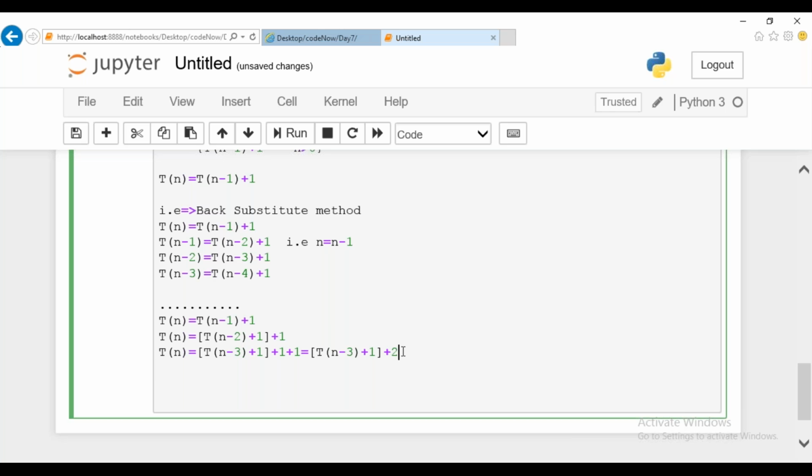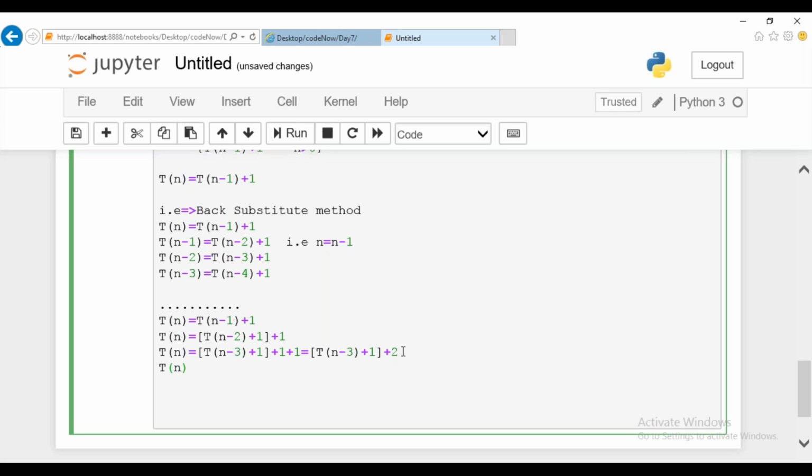Okay, now let us put this one. I can stop the iteration, no need of going too long. I guess it is going too lengthy, right? So in place of n minus 3, I'll place this part. Already I'm having plus 1 plus 1 plus 1, so it will become plus 3. Is it 3 or 4? Okay, plus 3. Is this clear so far?